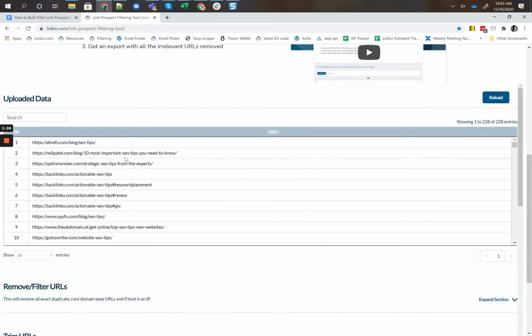This is a URL list of articles that contain SEO tips in the title or URL. Okay. My goal for this campaign is I want to email the relevant blogs and get them to update their existing article with my SEO tips article. And I want to remove anything that's not a backlink opportunity, that's not a blog, and then make sure that I only have one